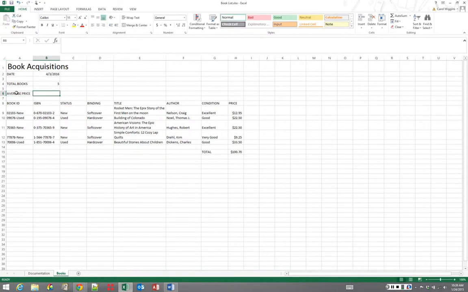And we're going to enter a formula to calculate the total price paid for the books divided by the number of books purchased. So we're going to do the average. So we're going to say average. And now, so you can do it this way by the average function, which is easy enough to do, which is the easier way to do it. But the way that it really wants you to do it, because it's just trying to give you some mathematical examples, is to take the cell in